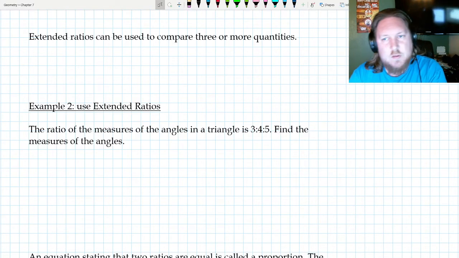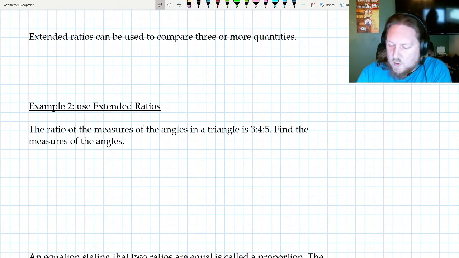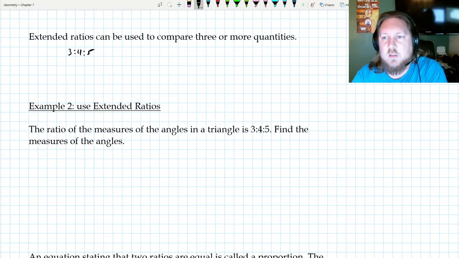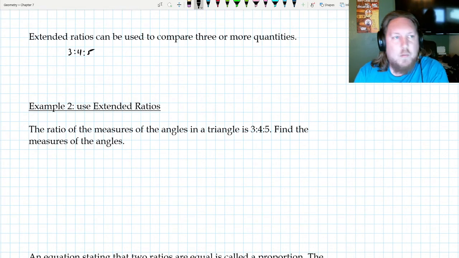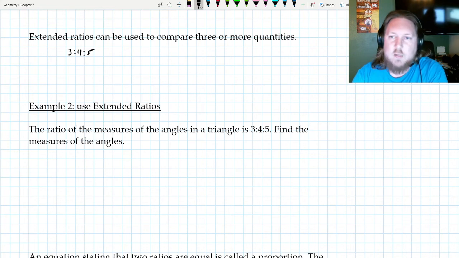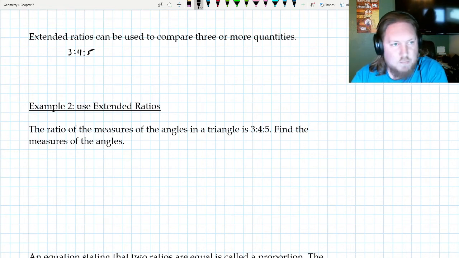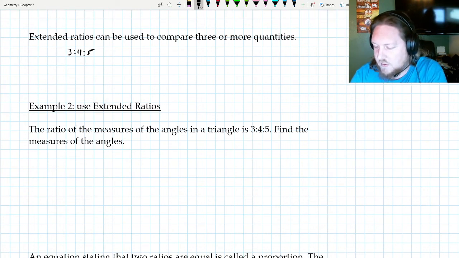Extended ratios are another kind of ratio, and the idea is it can compare multiple things. So you could have 3 to 4 to 5 as the three numbers that you're comparing in a ratio. My example that I usually use with this is if you make pancakes on the weekend, you might use Bisquick, which is a brand of pre-mixed flour and baking soda and salt and all this kind of stuff, and you